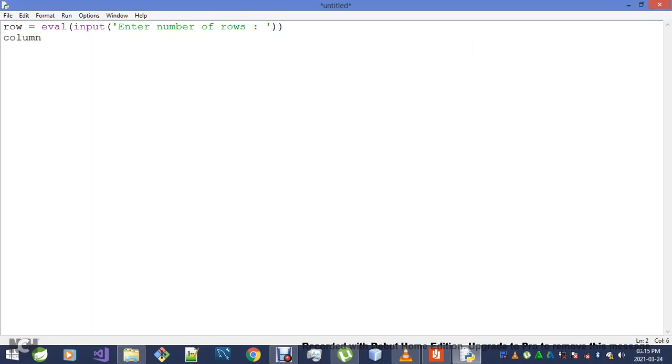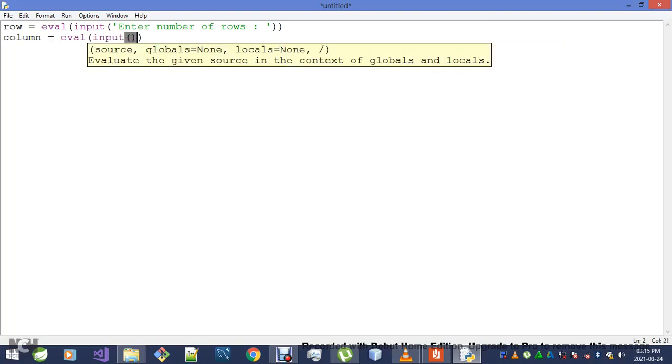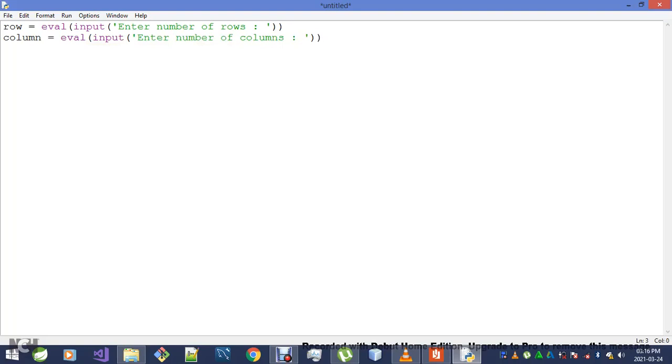Now column, eval inputs, enter number of columns. Okay, now that we're done doing that,